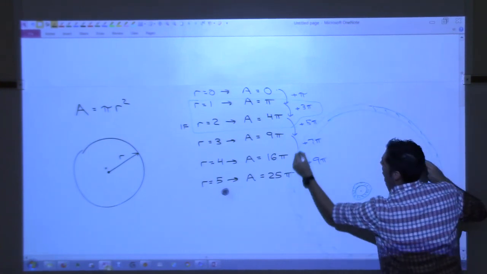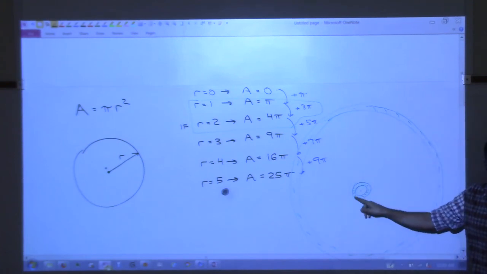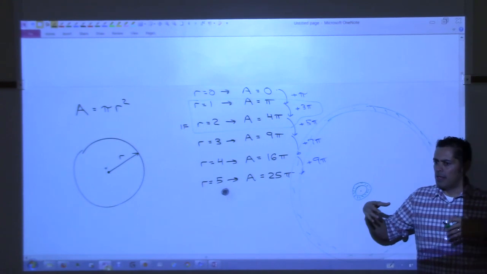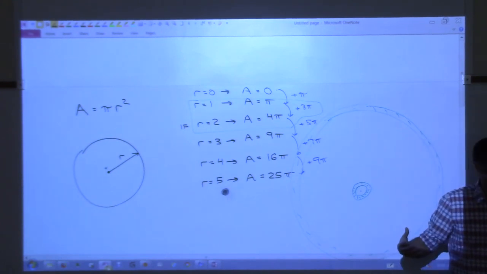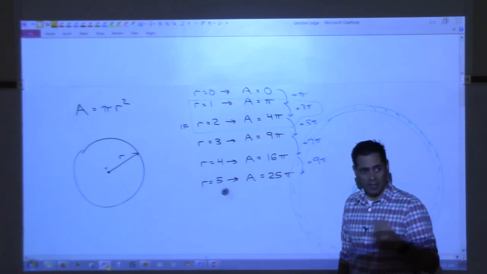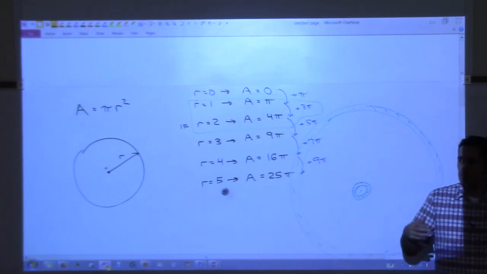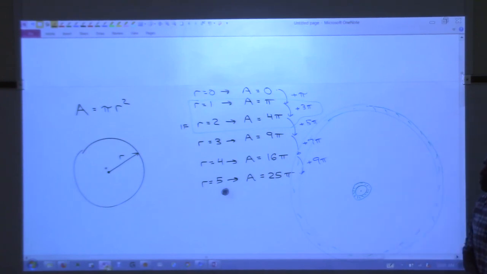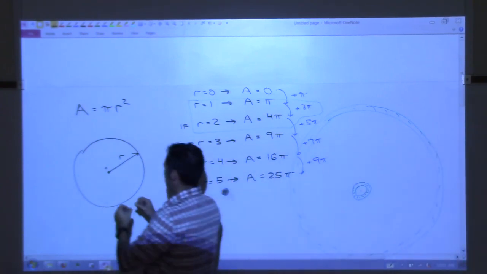And that's a whole lot more area than that was, right? So as the radius gets bigger, the area is increasing faster. That makes sense? The area increases faster as the radius gets bigger. So one question we could ask ourselves is, let's say we start with a circle,